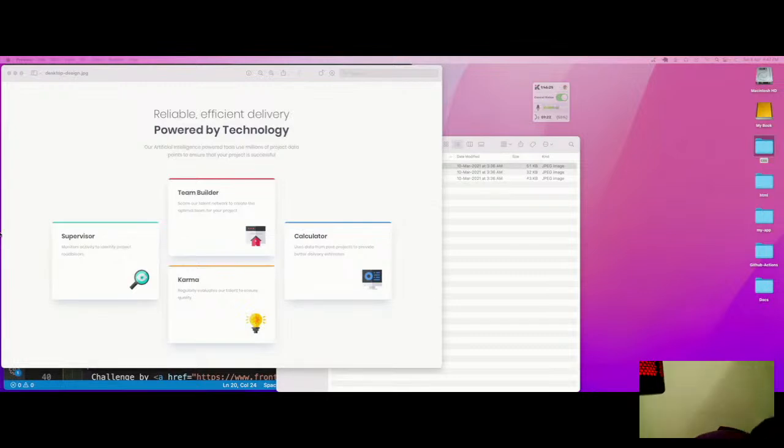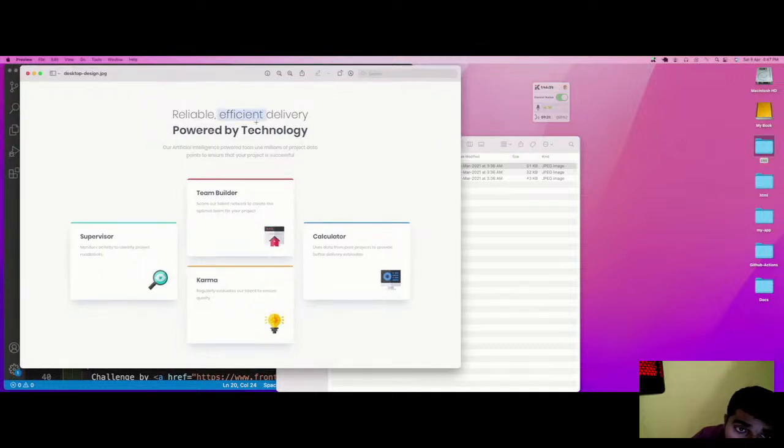Fine. Now this particular thing we are going to create with the help of CSS and HTML. So this is a header, paragraph, 4 sections, and H3, H3, H3, H3, paragraph, image, a border in the top, and all these 4 boxes have the same kind of colors and also the same dimensions.